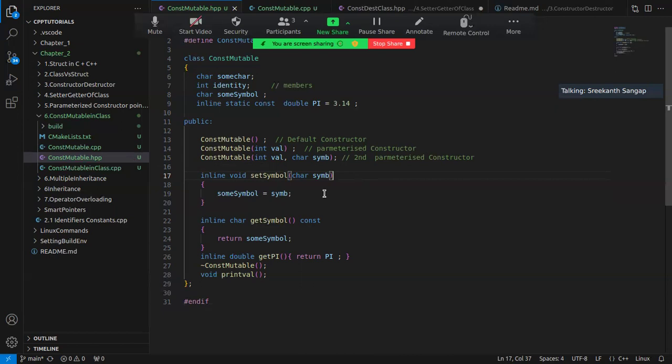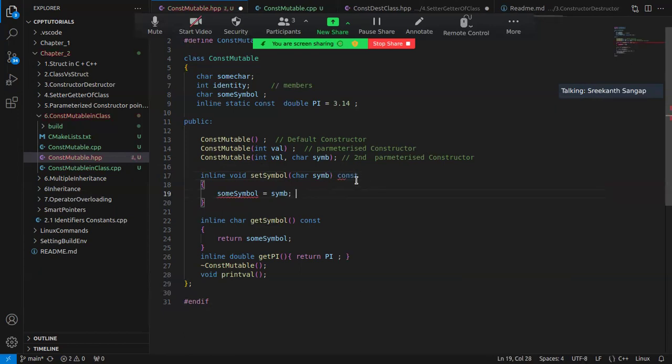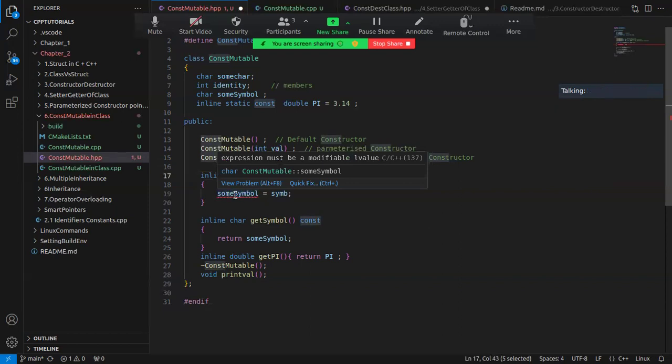Next, we'll see: is there a way? Can we bypass this? I have a function which I have declared as constant, but out of many variables, I just want to modify one of them. Let's see, is there any way to do this? So the way is,